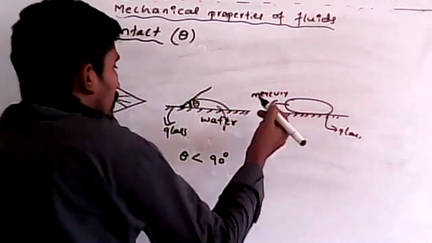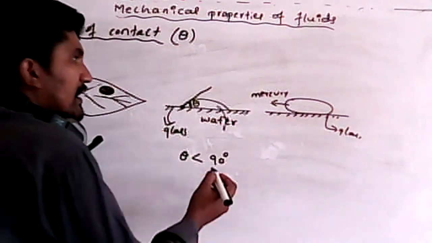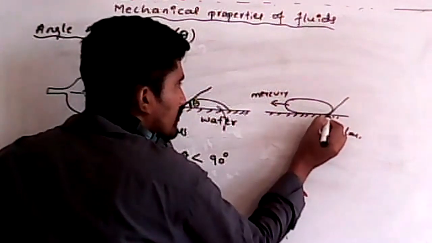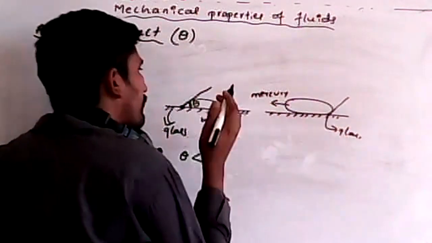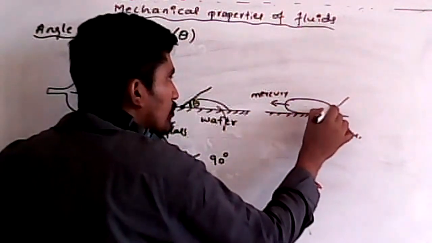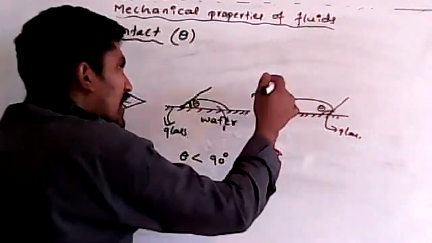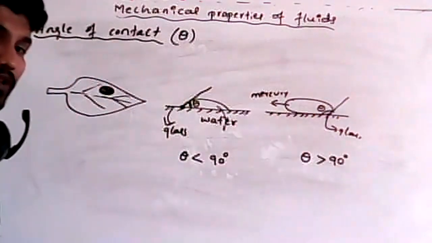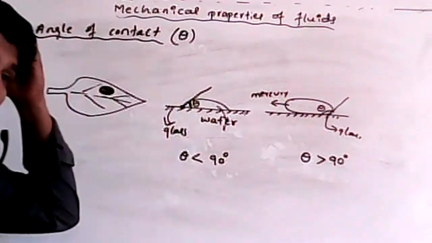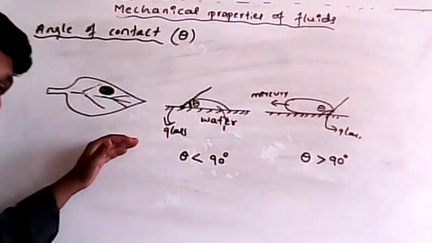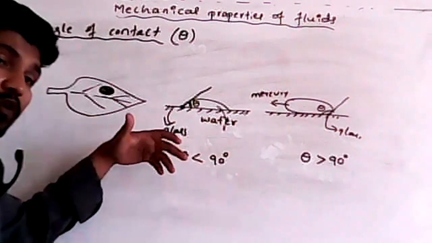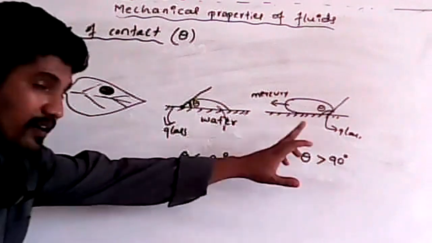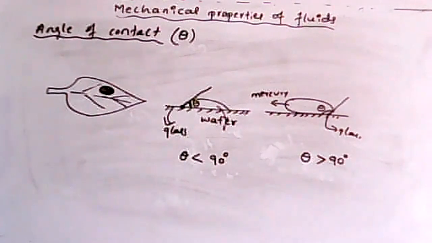But in this particular case, how can I write a tangent? I can write the tangent in this way, this is the point of contact. But remember, once I notice theta here, theta will be more than 90 degree now, isn't it? So this happens in different situations, students. The condition as well as the situation will be different for different scenarios. Here theta will be 90 degree, here theta will be greater than 90 degree. So this is for mercury.